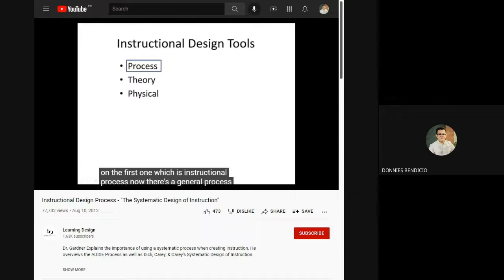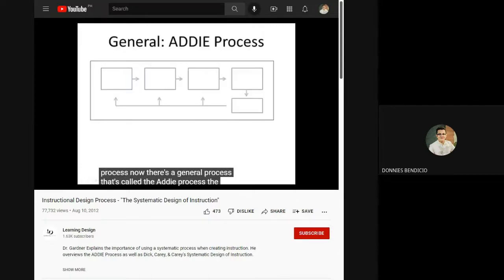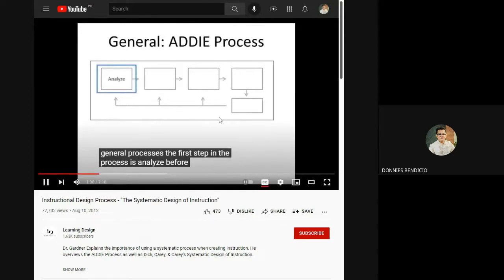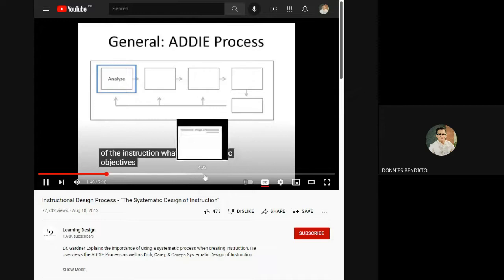Now, there's a general process that's called the ADDIE process. The phases and steps within the ADDIE process are reflected in almost every instructional design process there is. So let's take a look at what this general process is. The first step in the process is analyze. Before creating any instructional materials, instructional designers take a close look at several things. First, what are the goals of the instruction? What are the specific objectives or performances that we want our learners to be able to perform? What do the learners